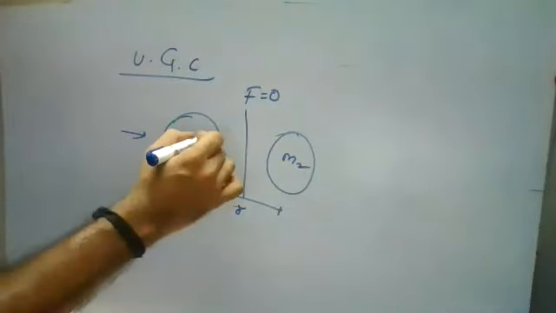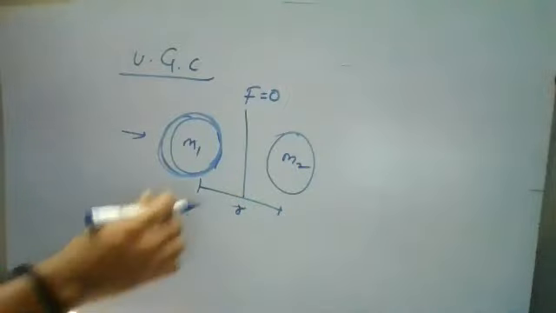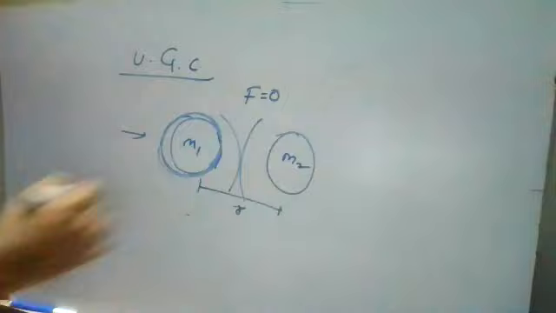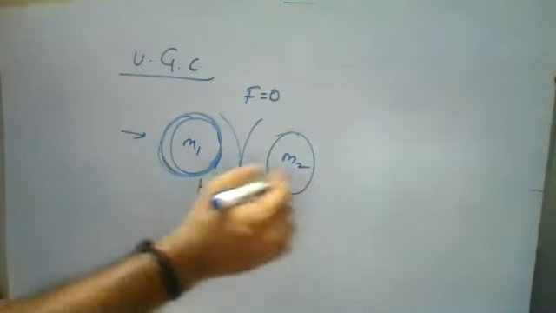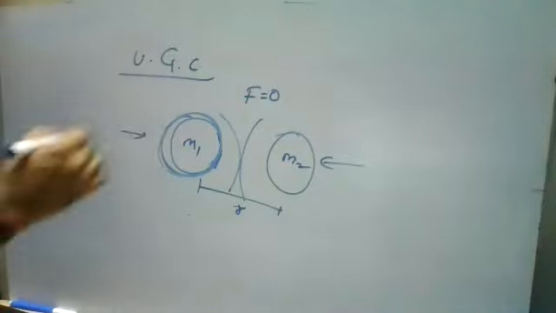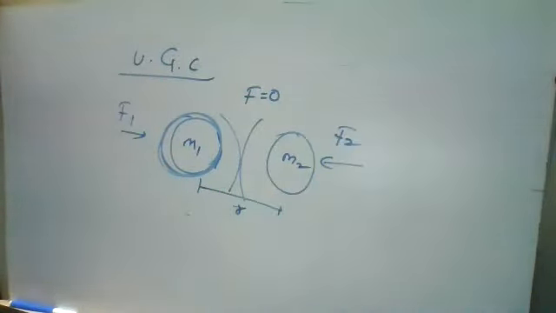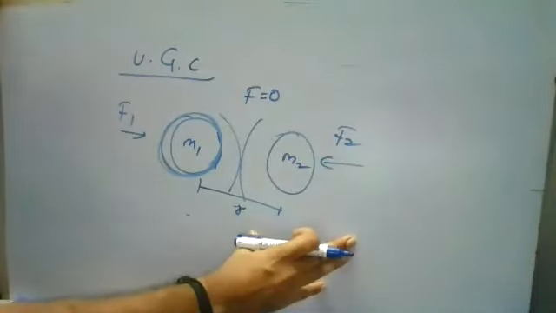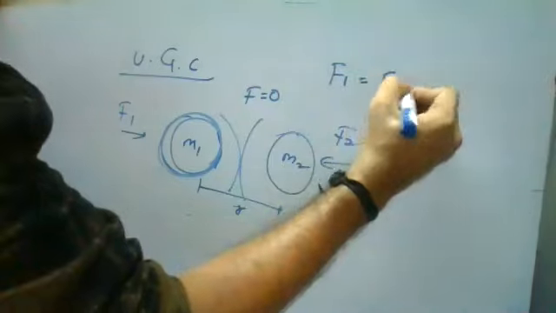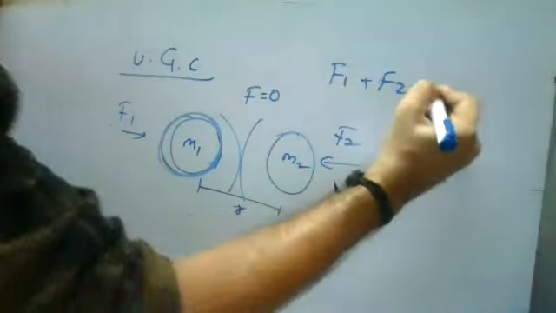Now, when we apply a force on one of the masses, the force of attraction, this gravitational field, whatever circles I am creating, these are your gravitational fields. What will happen when we apply some force? These gravitational fields will try to link together. Because of that, some forces will act on the other mass. So F1 and F2, the same force will be there but in the opposite direction. So F1 is equal to F2 but in opposite direction, and the net force F is equal to 0.